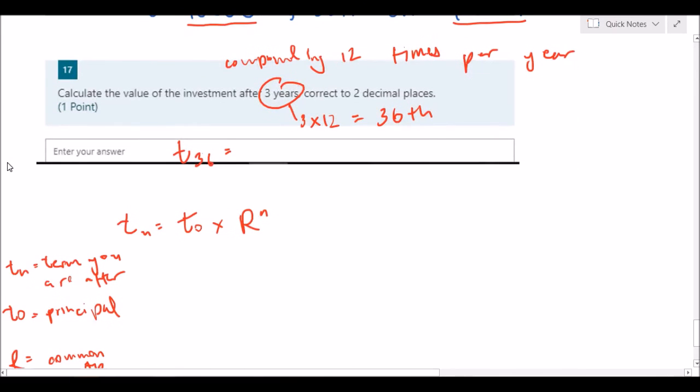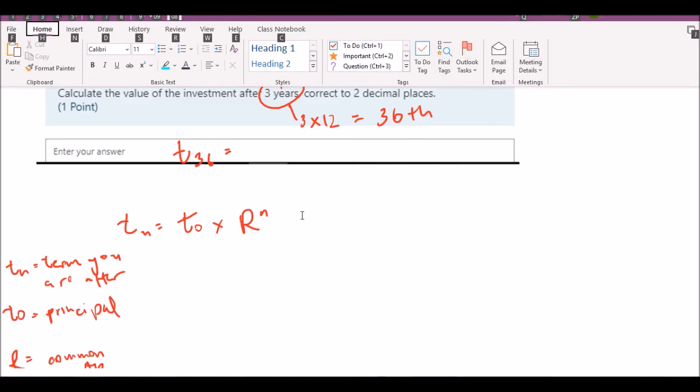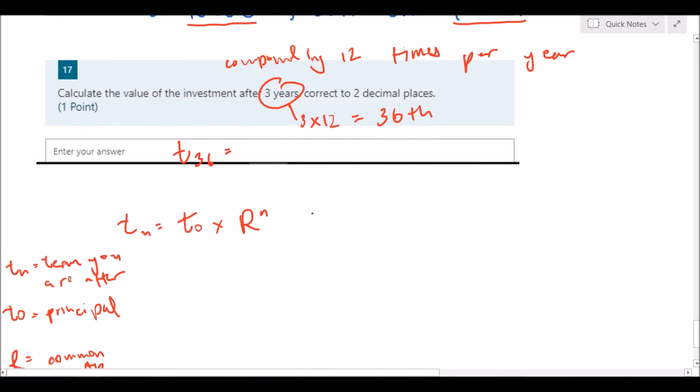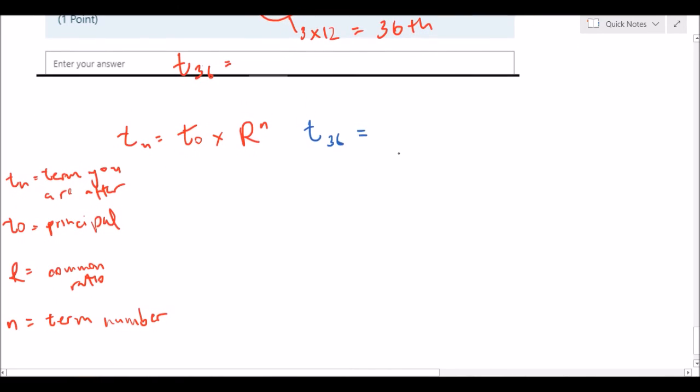But you would write this formula in this way now. Sorry, we're looking for the 36th term, so T36 is equal to,